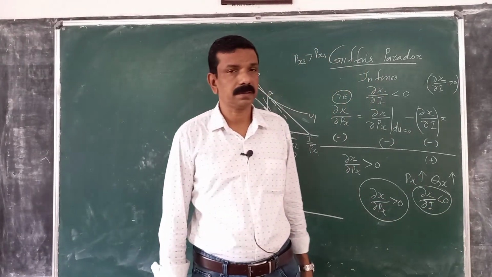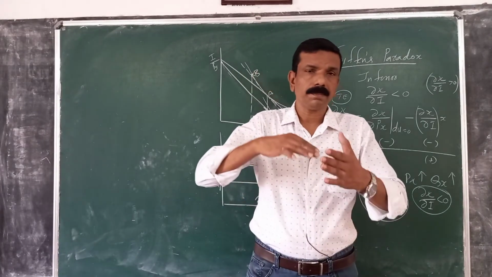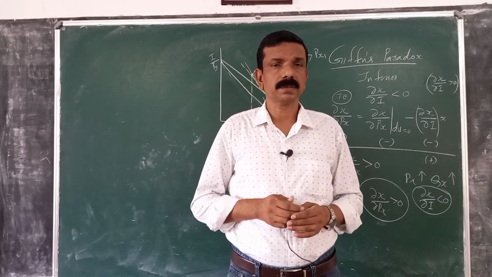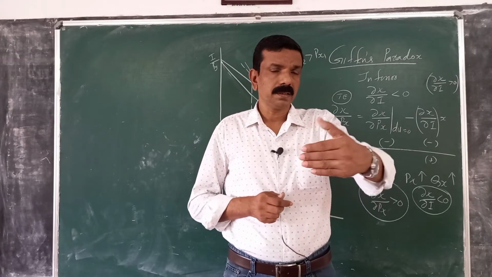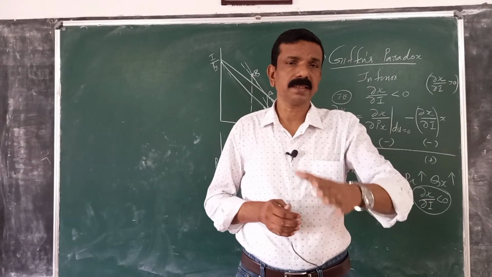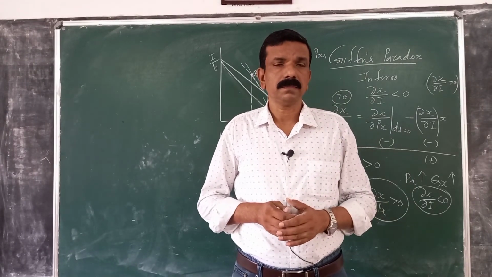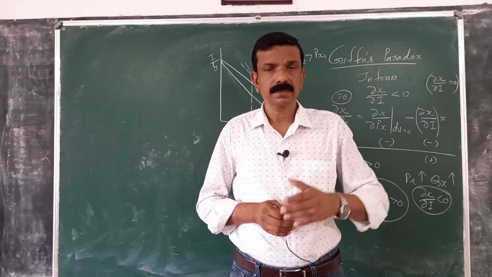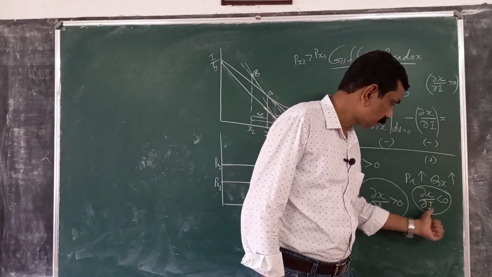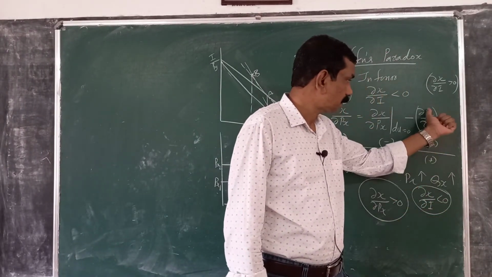Remember that always. And a significant proportion of the income is spent on potatoes. So, when the price of potato increases, there is a substantial reduction in real income. So, as ∂x/∂y is less than 0, this quantity is negative,